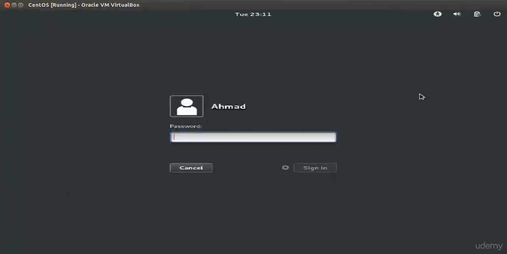Welcome everybody. Well, you see, I have started this lecture without any whiteboard, and the reason is that we are going to look at accessibility, which is also one of the topics covered in the LPIC 1 certification. And it's pretty simple. You just need to be aware of that historically speaking, Linux and